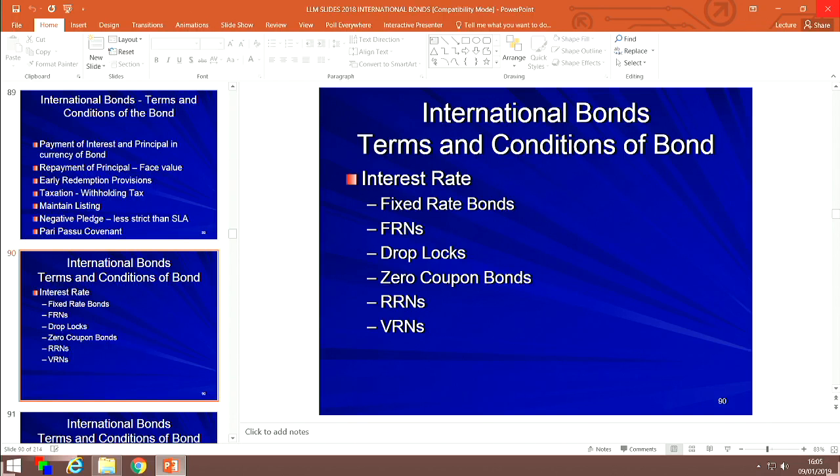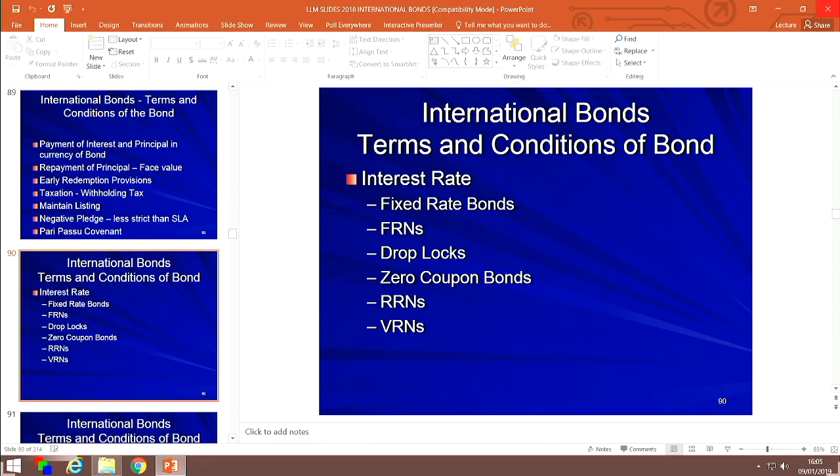But here's where the clause then changes. The actual interest payable is not paid to the investor immediately, but is paid, say, once a year. The interest calculated for the first 3 months or the first 6 months, which is payable, is then added to the capital of the bond, i.e. the capital value of the bond. And interest is paid on that amount at the end of the year. It's just an interest rate calculation.